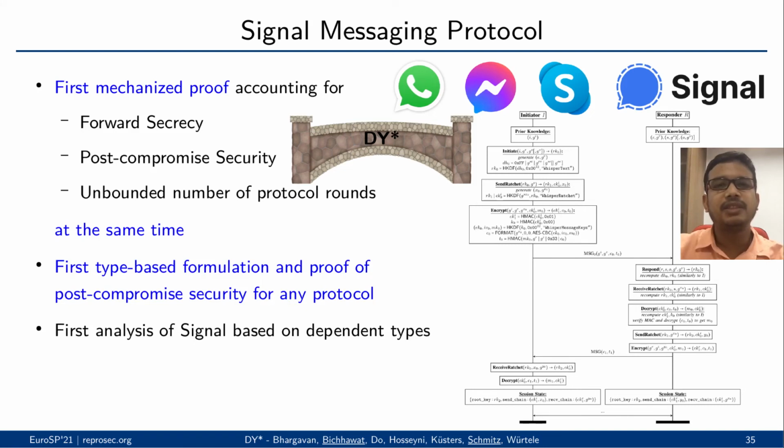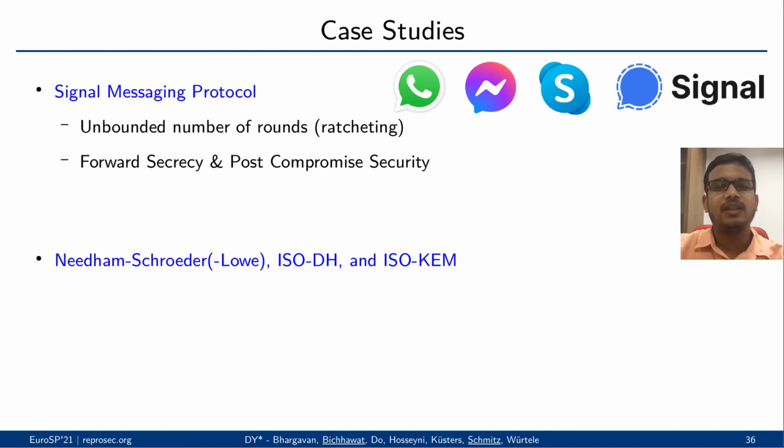Ours is the first mechanized proof of forward secrecy and post-compromise security of the protocol that involves an unbounded number of protocol rounds. It is also the first dependent type-based system to model and verify the security features of this protocol. In addition to this protocol, we modeled various classic protocols like the Needham-Schroeder protocol and the ISO variant of the